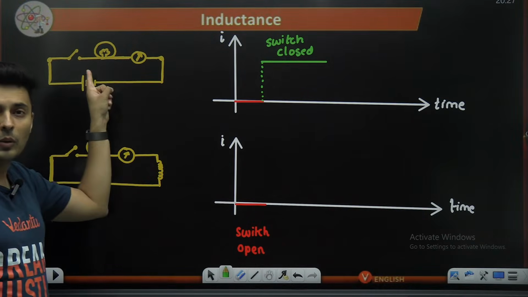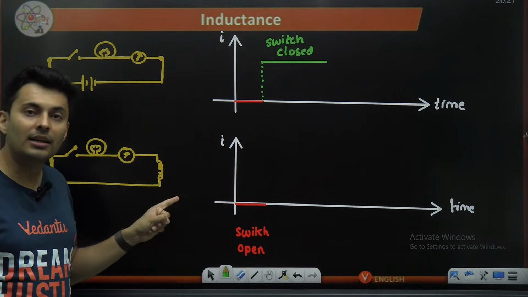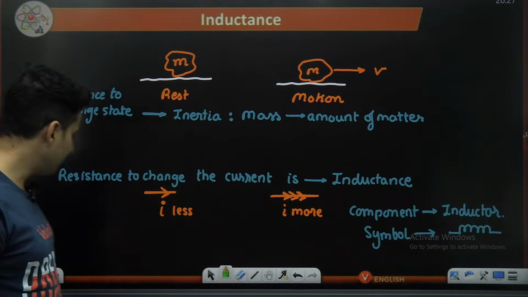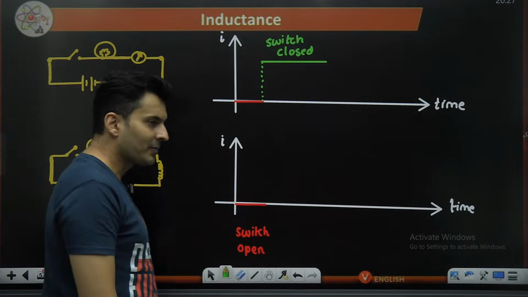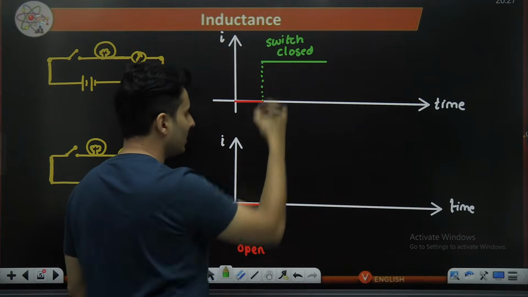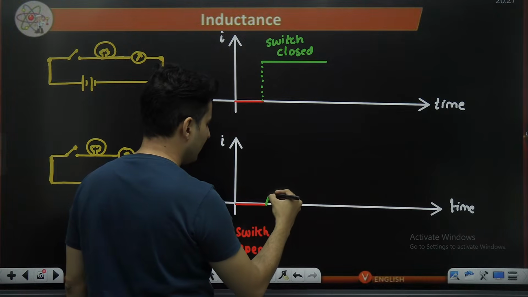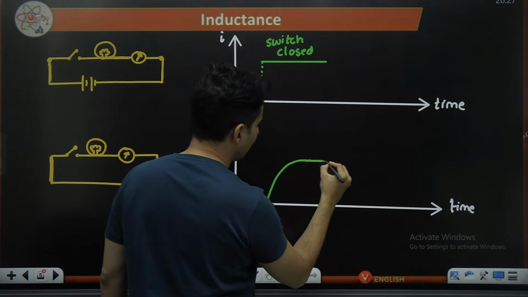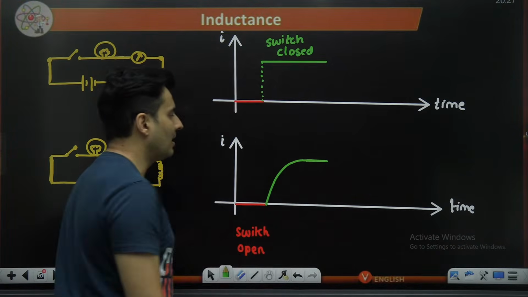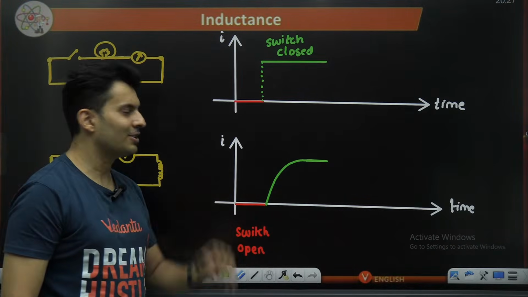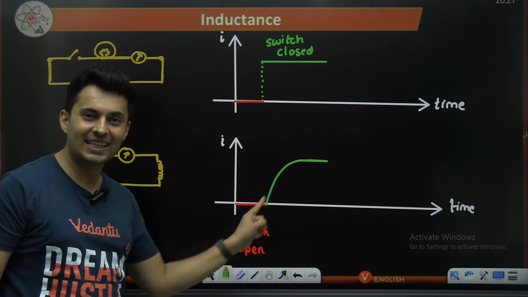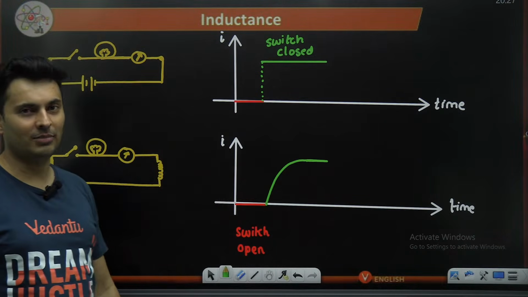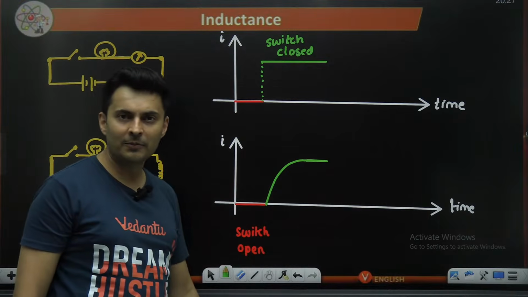This is in this scenario, but when there is an inductor, what does the inductor do? It resists the change of the current in the circuit. So you will see that the current won't jump like that. Rather, it will jump like this and eventually it will attain that particular value. That is how it will behave when the switch is closed. That's a big difference. You can see that resistance, that hesitation is there. It is not instantly jumping. Are you seeing that, everyone?